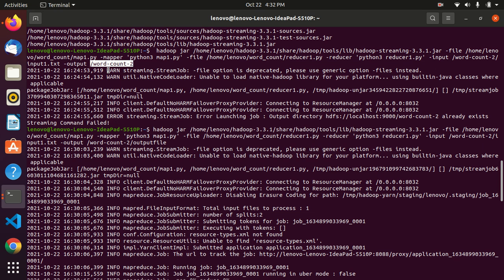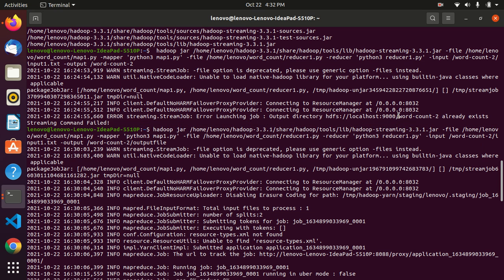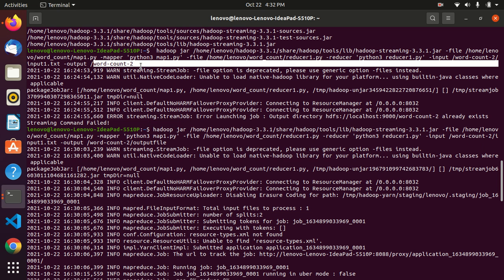So here the output file is slash wordcount-2, but while giving this it is showing an error as streaming connection failed, because our local host already consists of wordcount-2. So we need to create a directory inside of the wordcount-2.